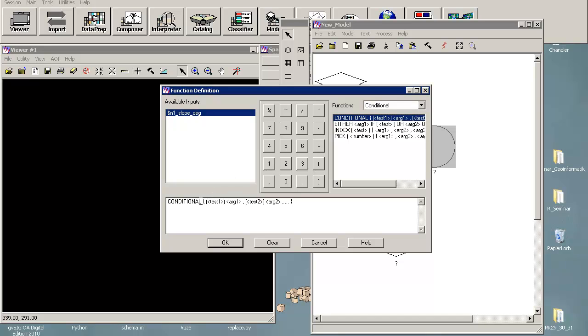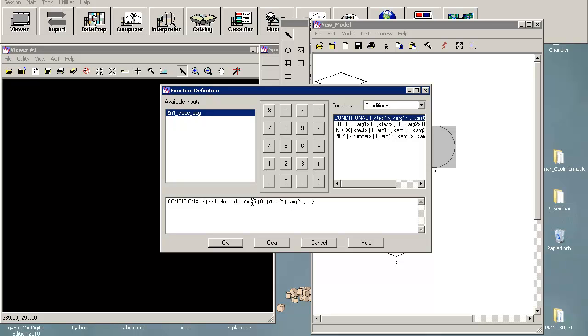And as you can see, it differentiates between pixels. A pixel goes along with the test, and if it passes the test, it will be filled with an argument 1, and if it passes another test, it will be filled by a second argument. So you have to be sure how your test looks. So we will use the slope, and we will have a look whether slope is less or equals 25. So this is the possible value in the slope, 25 degrees, and if it's passing this test, it will